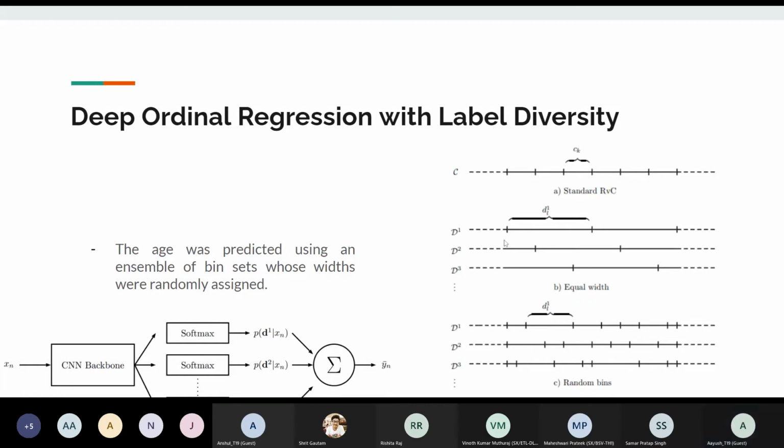Can you repeat again? Each softmax belongs to one age group, right? Yes, sir. Consider, for example, the first softmax belongs to 1 to 25. In that, some 10 bins are there. No, sir. Each softmax corresponds to the entire set. If you look at the diagram on the right side,